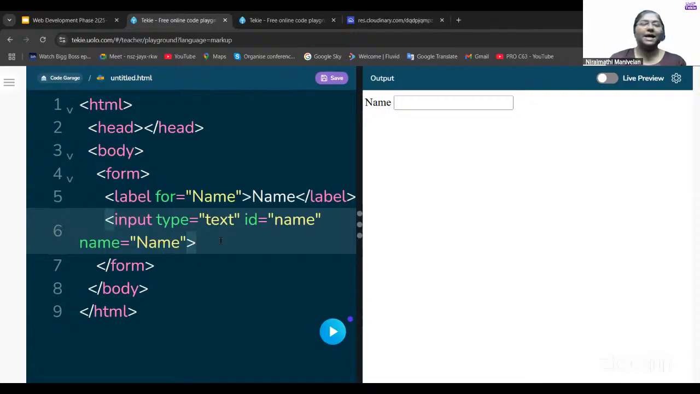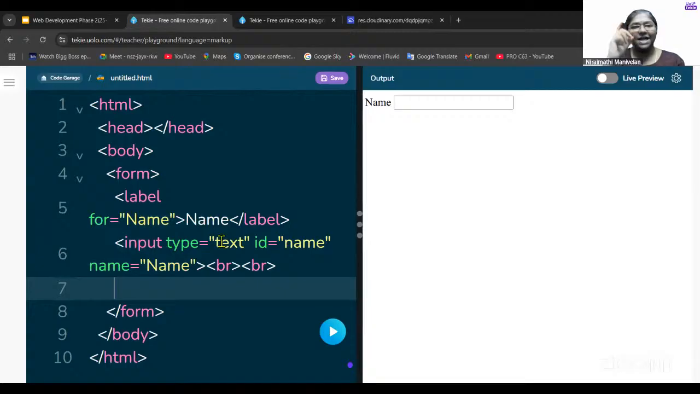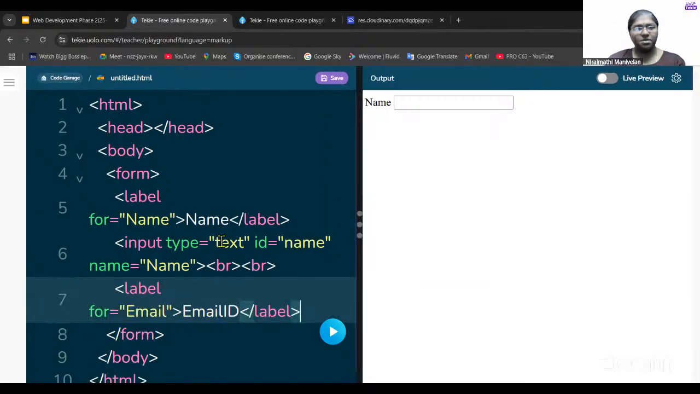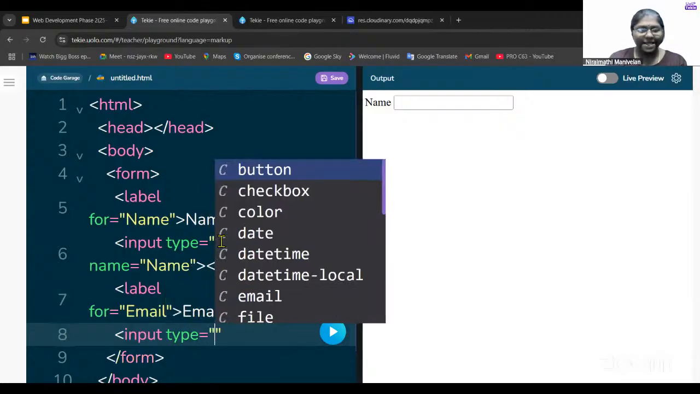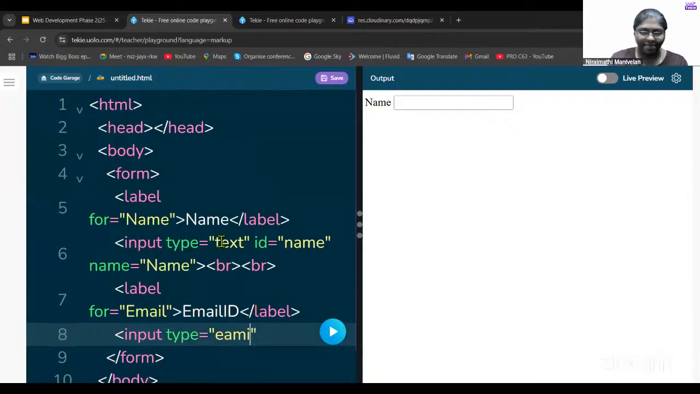Next, we are going to see email ID. We are going to create the email ID. For that, I need some gap. So I'm going to give two break tags. BR tag is a break. Now we are going for the next, which is email ID. So label, same, label for equals to email, close it, give it as email, email ID also you can give, then close label. Done. Now what is the input type? Input type equals to email, email input. So give it as email. Then ID equals to email,